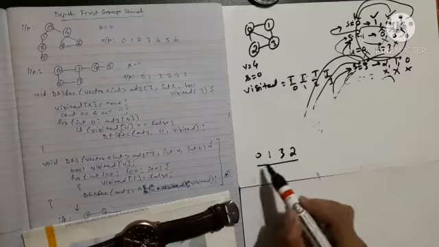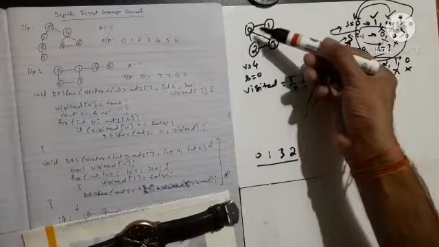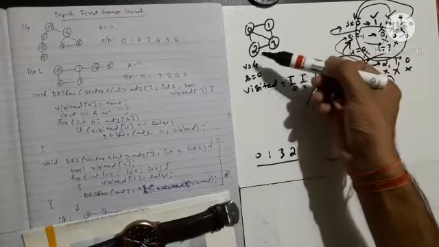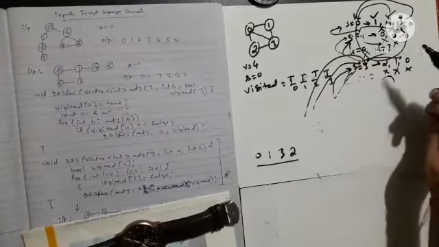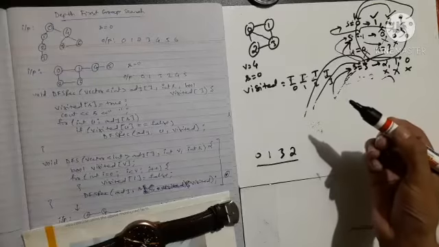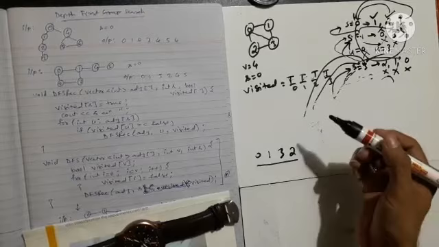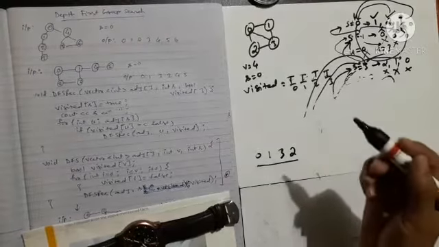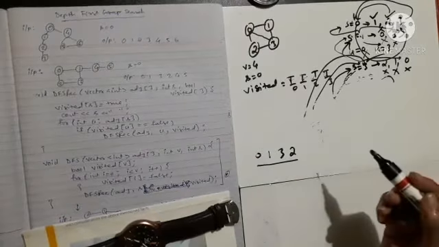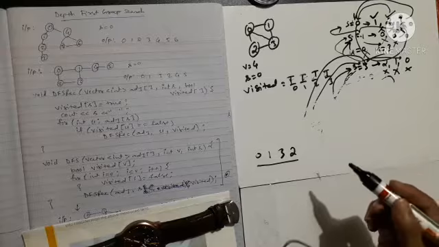And you can see the order 0 1 3 2, we have only 4 nodes, 0 1 3 and 2. So in this way it is going to execute. I strongly recommend you to draw this recursion tree by yourself, so that you can get the concept very well, and you can also practice it by yourself.